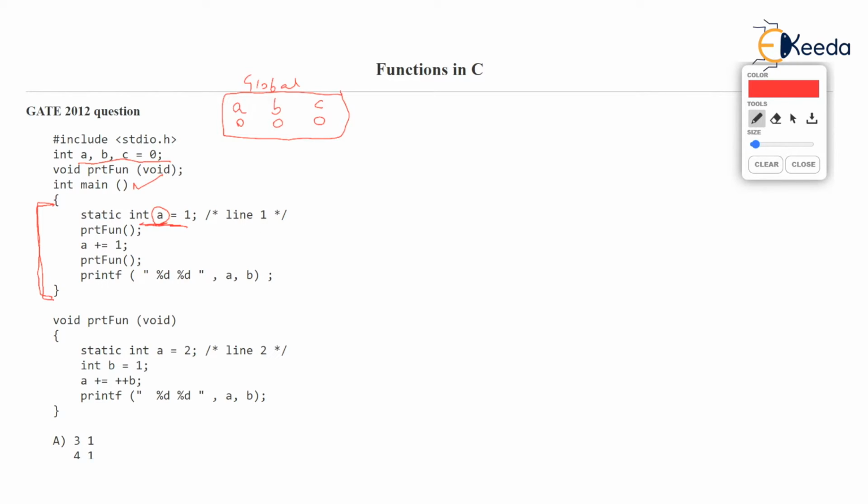When main ends, a will be deleted. So what I generally do in such examples is, I draw a section called main, and in main I write that there is a static variable a. Static a is 1. Now the next line is a call to the function ptr_fun.